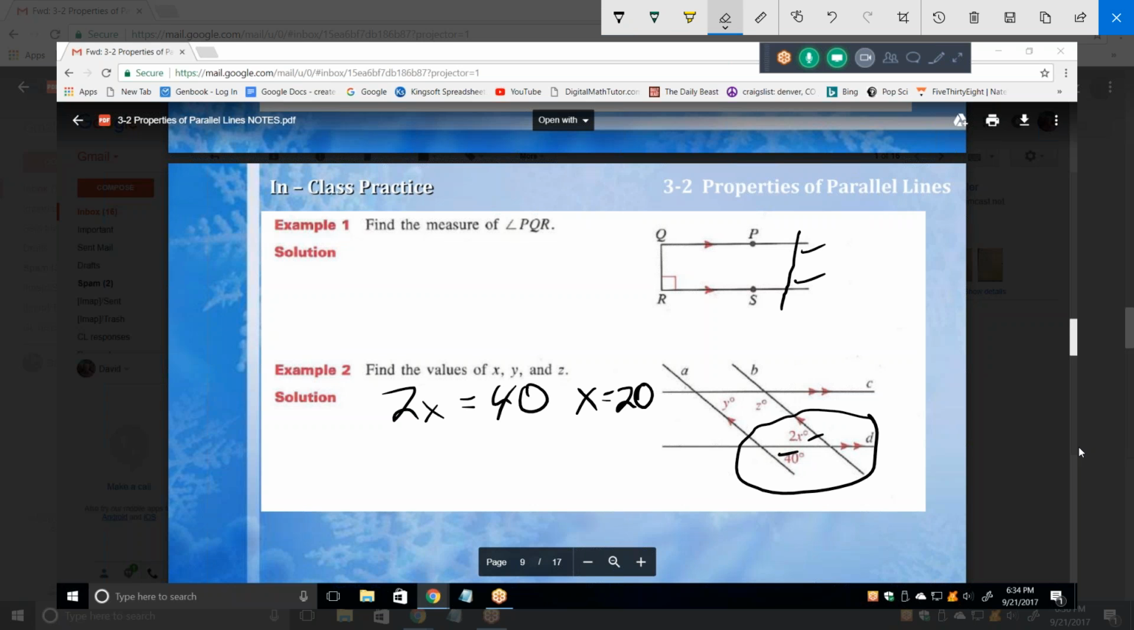Let's label that. So that makes y 40, right? Yep. In other words, that's 40 because it's alternate equal to this 40. And now these are still alternate interior, but only if I look at a different set of parallel lines. In other words, now I'm going to look, no, I'm sorry, they're not. They are,